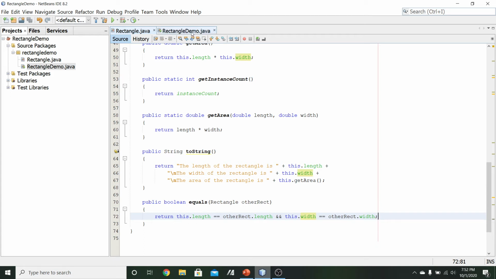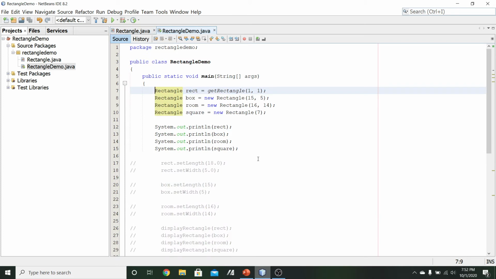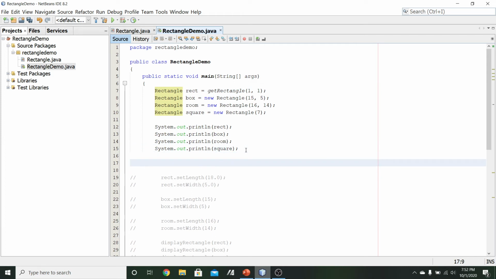So then what we can go ahead and do is come back over here. Let's go ahead and do one of these comparisons. Let's say after these print statements, using the toString method, just underneath that, we'll go ahead and include a little if statement right here. So we'll basically just check to see if the two objects are equal. So let's say we take first rect and box. So we've got rect dot equals,